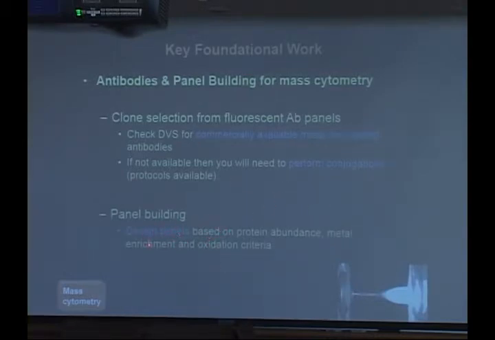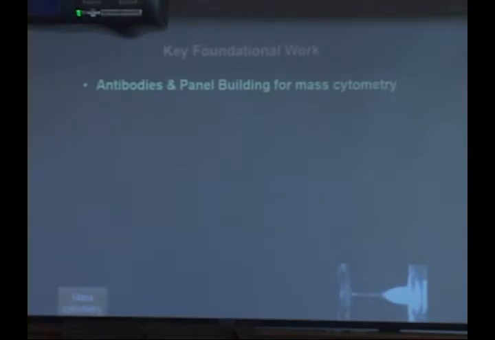The panel building, okay, this is really important. These are the factors that go into it. Number one, your protein abundance, so the design of the panel: what metal you put on what protein. What's the metal enrichment? Is there a metal that particularly has more contaminants than others? And plus 60 in some of the metals, not very many, have an oxidation potential. And